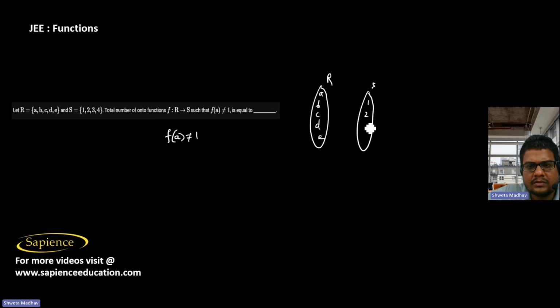Okay, so here it is told that f of a, actually there was some mistake. Here it is told that when f of a is not equal to 1, then the total number of onto functions, f maps from R to S. Now R contains the elements a, b, c, d, e, and the set S contains the elements 1, 2, 3, 4. So here, suppose we take case 1,